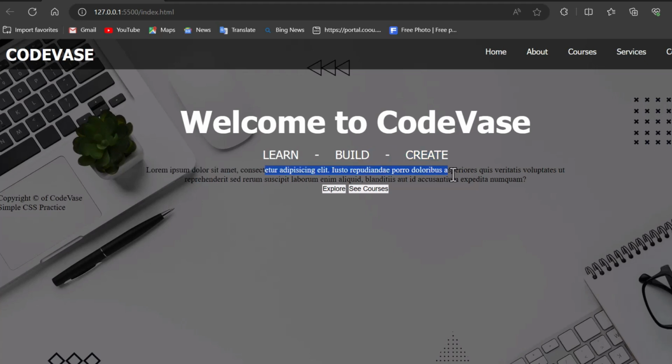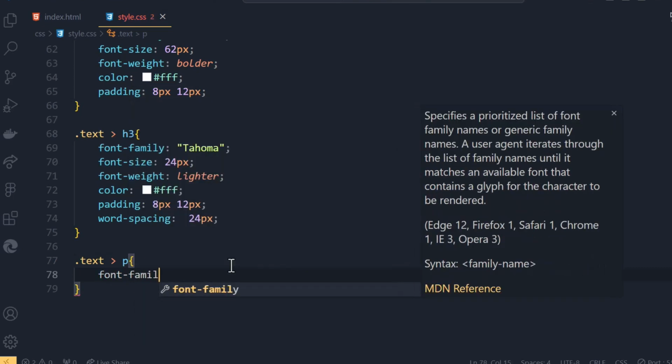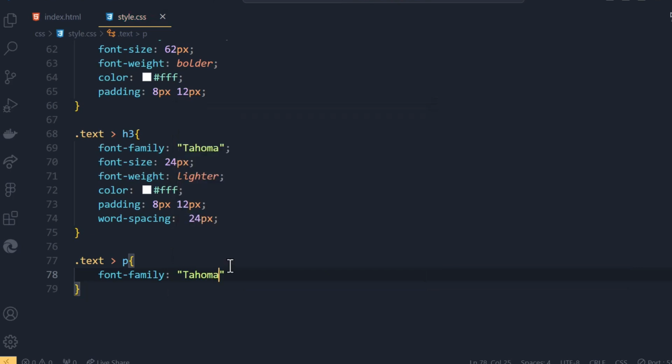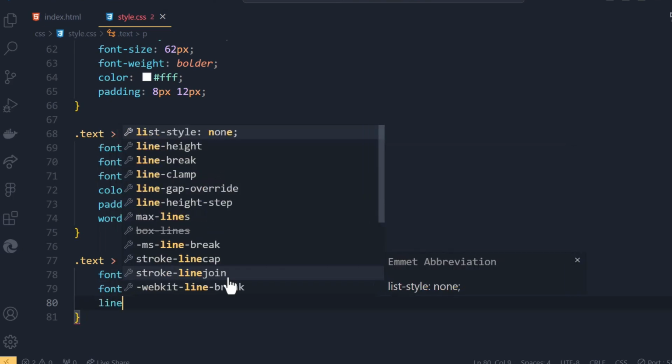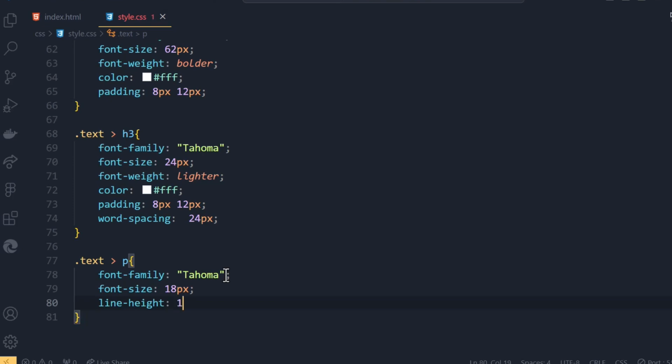So let's start up this third text that is here. We'll come down here and say .text > p. That means target the P tag that is inside the class of text. As always, I'm going to give it font-family, my favorite again. Don't judge me, Tahoma. Font-size, this time should be 18 pixels. Now I'm going to give it line-height. I've explained what line-height does. That means the space in between each line of text. I'm going to say